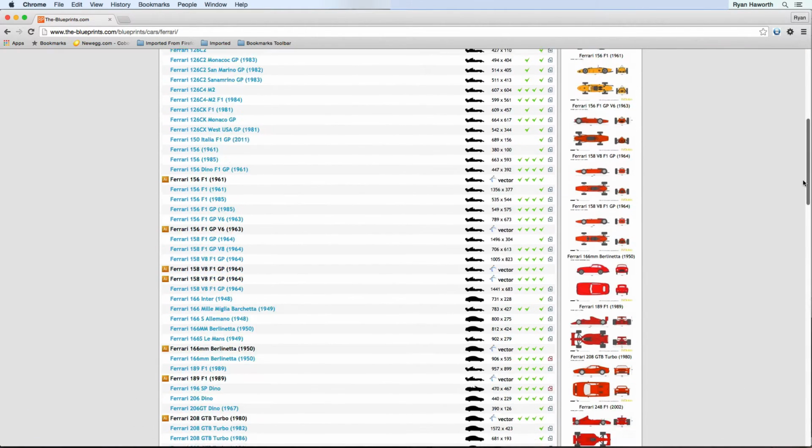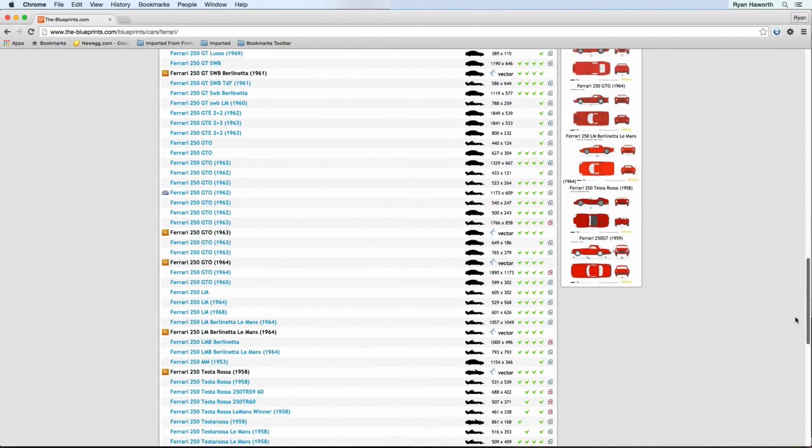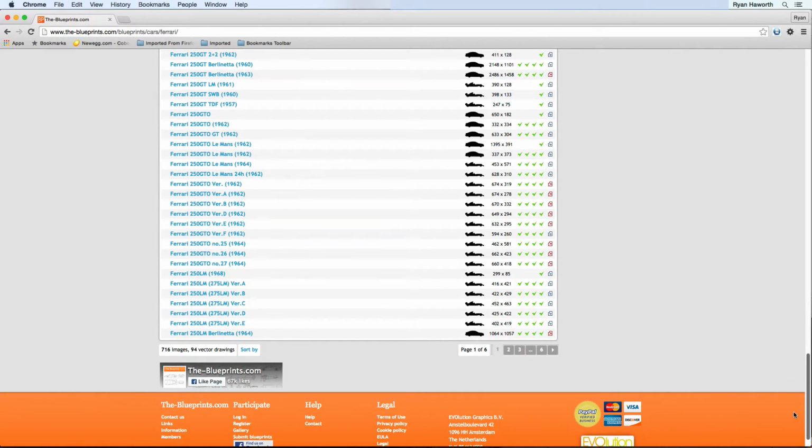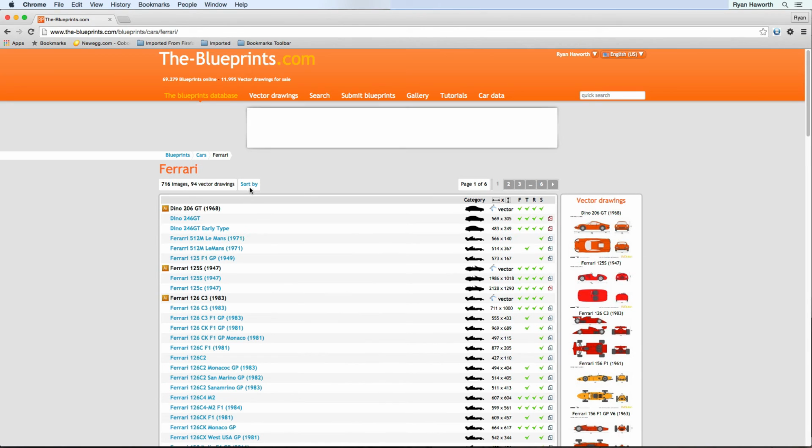So you'll scroll down until you find the vehicle that you're looking for, make and model, etc. Mine is not on this page. I could skip to another one, but instead you can sort by name, you can sort by date added, and you can sort by dimensions. The other thing to look for is the AI icon right next to the name indicates that it is a vector image, and I would prefer that you not get those vector images. Number one, because not all vector images are created equally, and they may not get you the result that you're looking for. And number two,